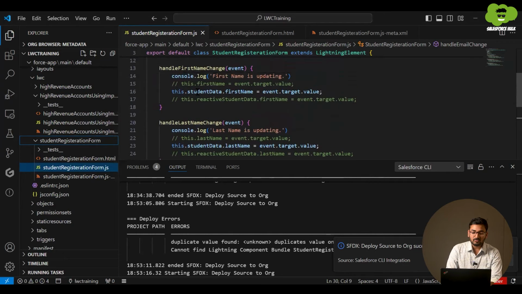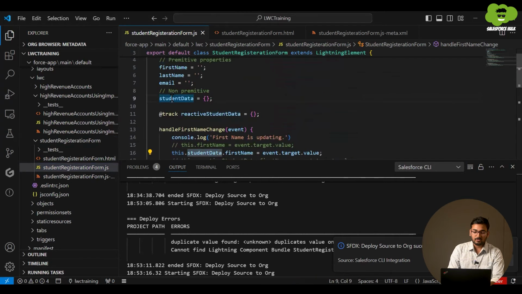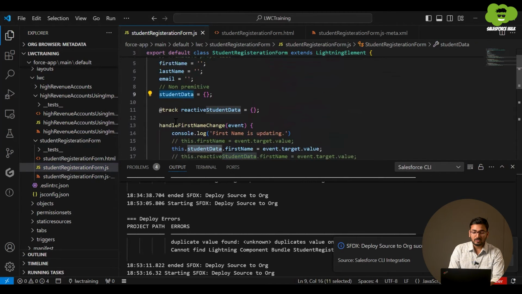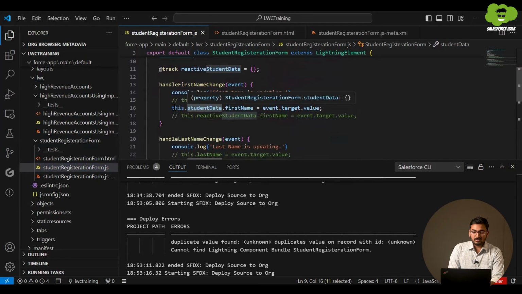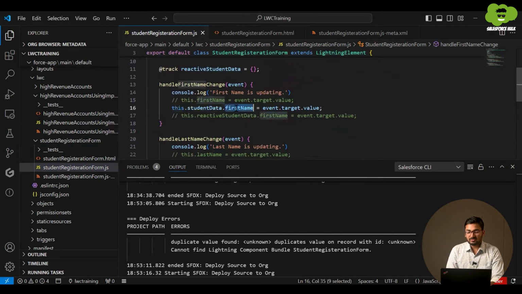But this time in the function I am using this dot student data, accessing this particular property, and furthermore this dot student data dot first name. So in this object I am introducing another key which is first name, and to that key I am assigning event dot target dot value.